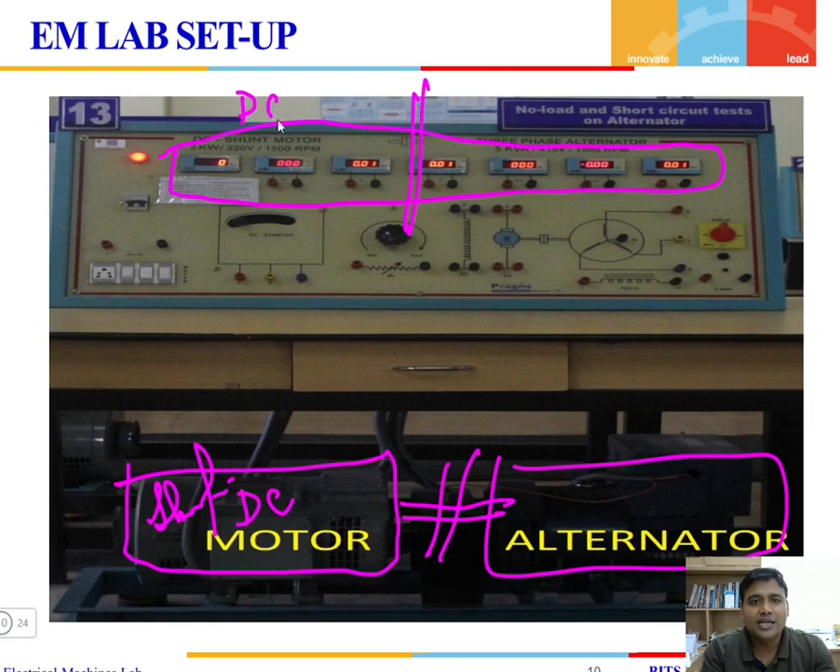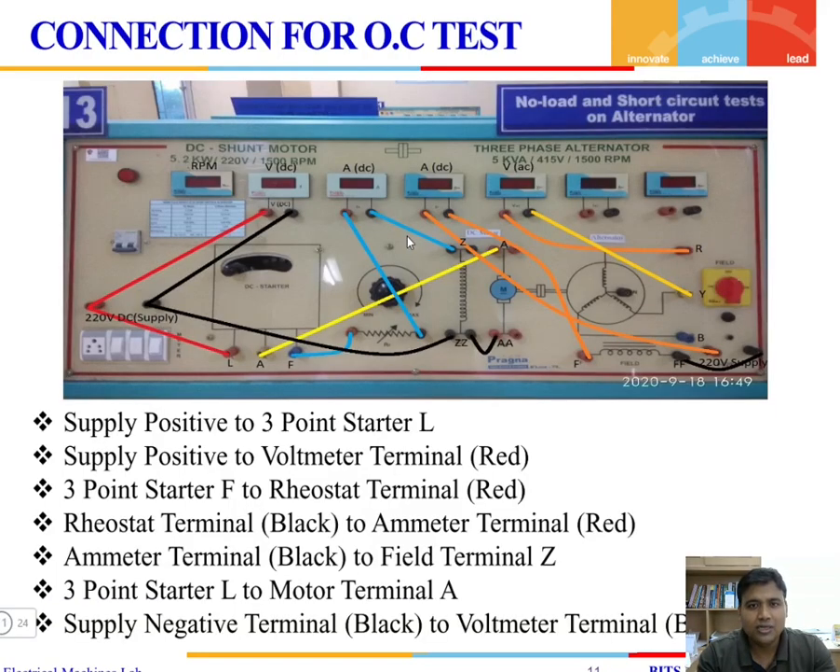One is the DC side, that is the DC shunt motor, and another one is the three-phase alternator. Here we are going to measure the DC voltage and the current. Here we are going to measure the AC voltage and the current. This is the panel of the alternator, and this is the panel of the DC motor where the connections need to be done. So given the circuit diagram, we are going to do the connection for the DC shunt motor